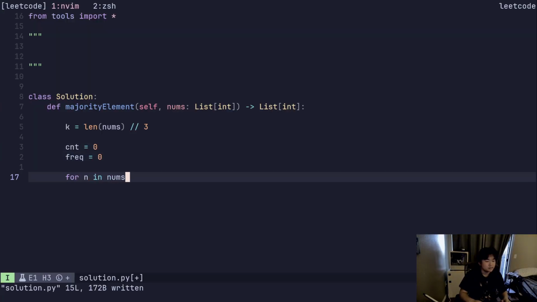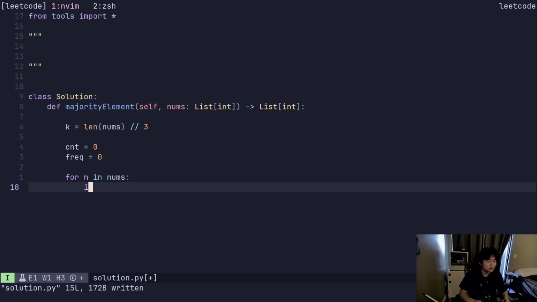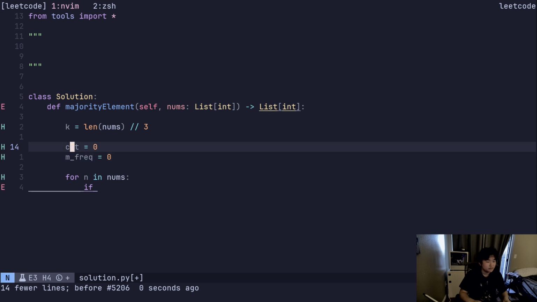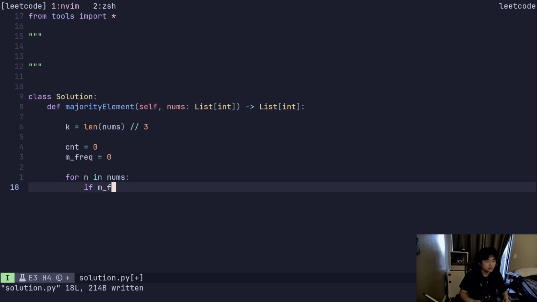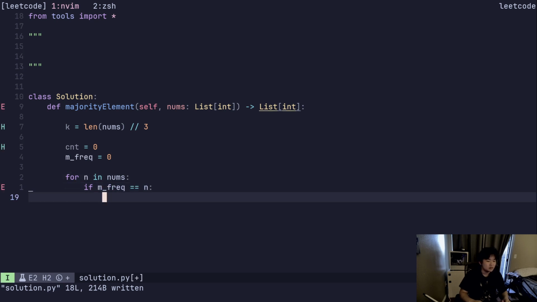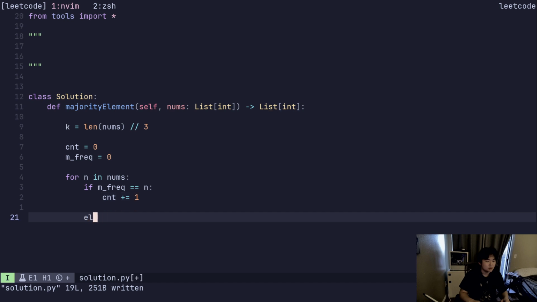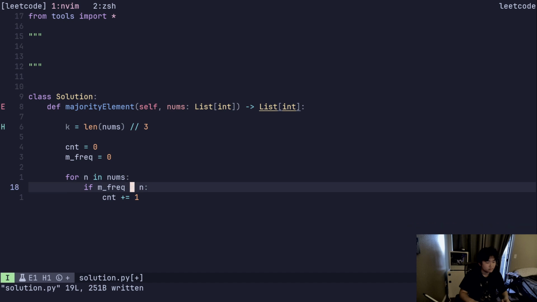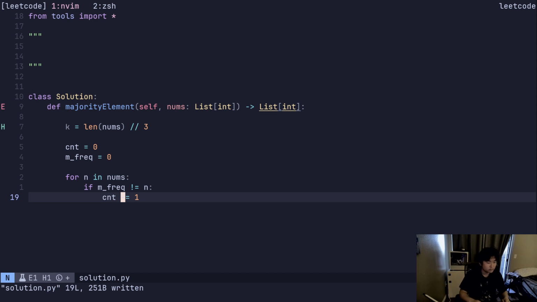For every n in nums, if most frequent is equal to n, then elif, wait, if